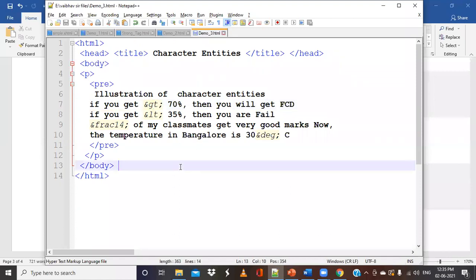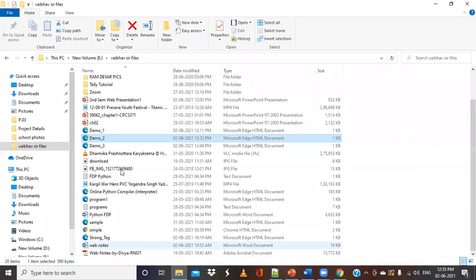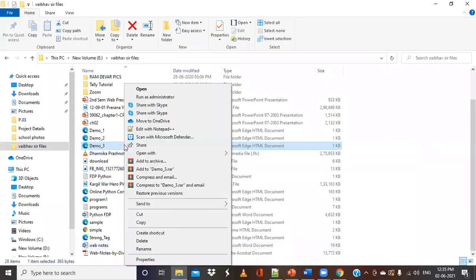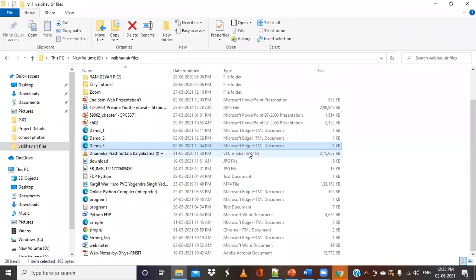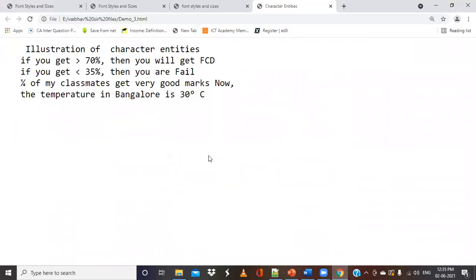This is very helpful whenever we want to compare some information or display such kind of information. We can use these character entities. I will just run this program. You can see that if you get greater than 70%, then you will get FCD.